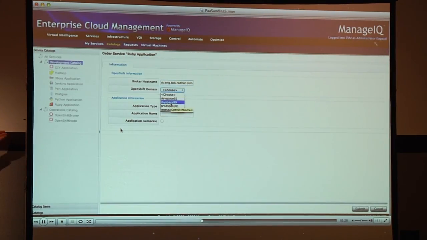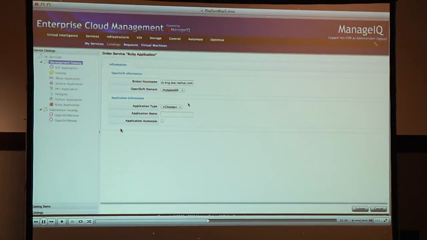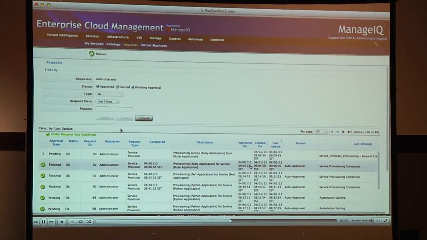So I put in the broker, I put in the OpenShift domain. If you're familiar with the domain concept in OpenShift, the namespaces, and then I select the application type. In this case, I'm going to select Ruby 1.8, or I guess I can't decide, 1.9, and then put in an application name for this. And so when I hit submit, what's happening is it's executing that automate method, and you'll see that basically its pending status goes into a request queue. You can have this workflow interrupted at this point and have approvals and emails sent or Remedy tickets opened, if you have a favorite